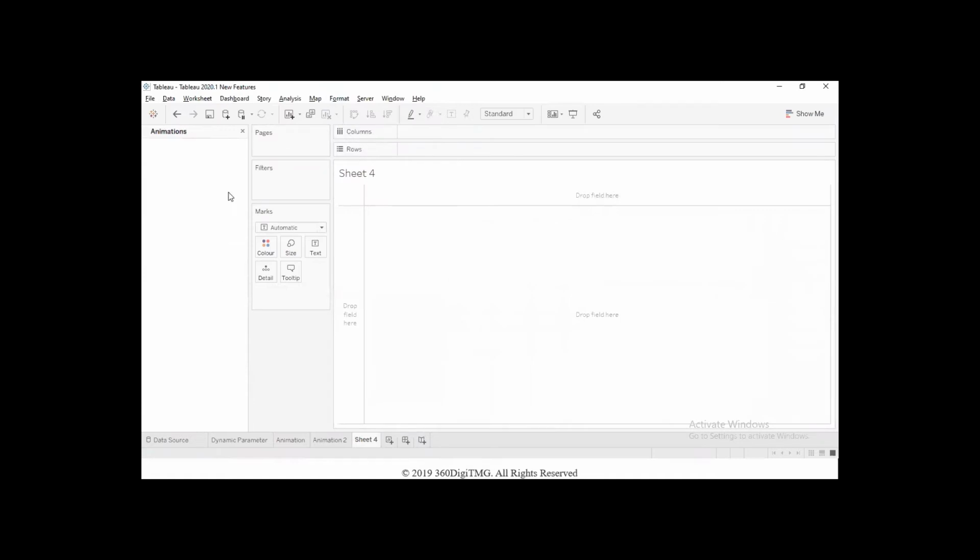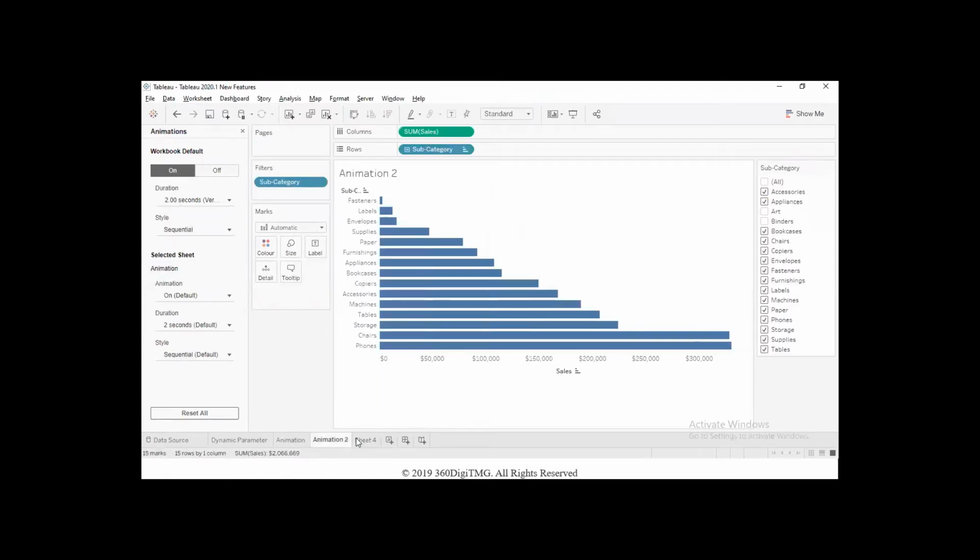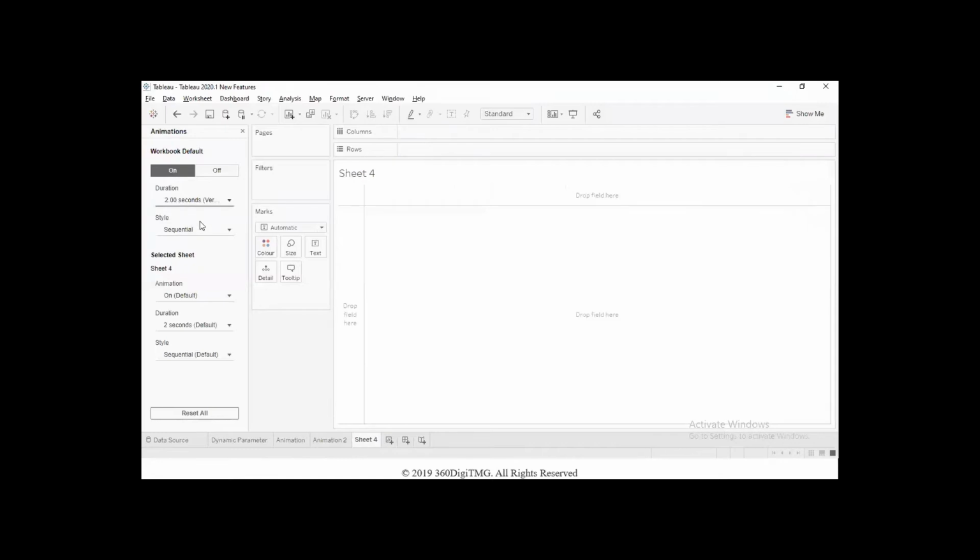option. There you set up the duration for the animation. You set up the style, whether it is supposed to be sequential or simultaneous. And if you make the changes here at workbook level, then all the worksheets will get impacted by the modifications that you're making here. If I have made it sequential here, it's going to happen in a sequential fashion on all the worksheets that I have. If I make it simultaneous here, it'll happen in a simultaneous fashion on all the worksheets that I